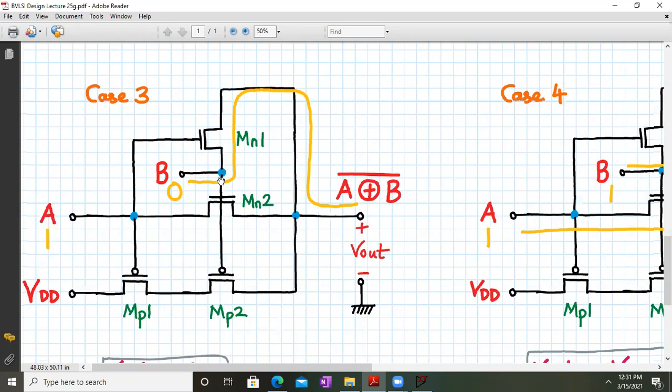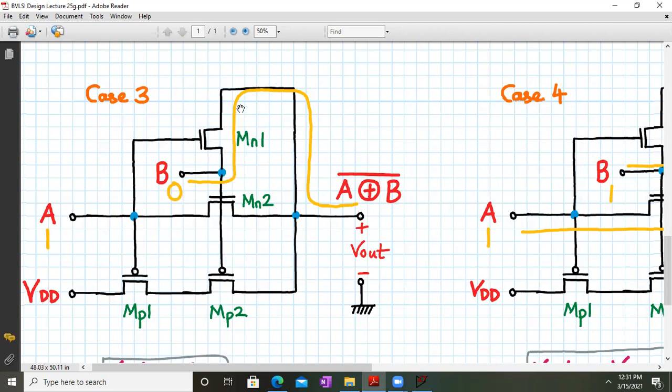Whereas if you apply a logic 0 to the gate of the NMOS pass transistor, Mn2 will be off. So the only active transistor relevant here is Mn1. If you see carefully, the gate terminal of Mn1 is applied to a logic 1, and we are trying to pass a logic 0.